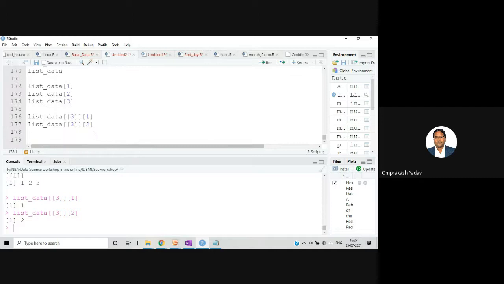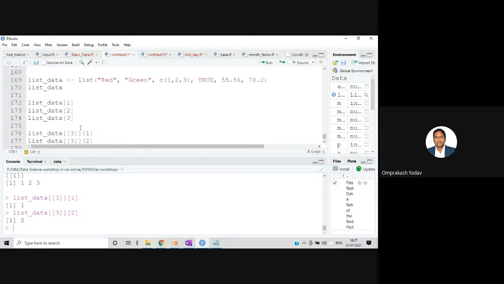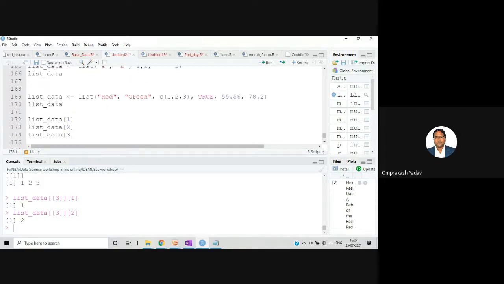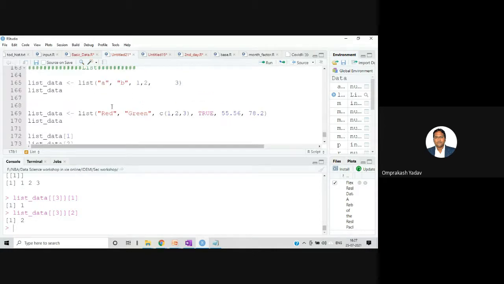Okay, did all of you understand? There is no need to get confused in this one. You can simply remember 3,1, 3,2, right? The only thing is that I am mentioning the double bracket. So if this is clear to all of you, right? Yes, sir. Yeah. So this is how we can create the list, and this list is very flexible, right? You can access the elements, and you can have a combination of all the different types of elements in this.